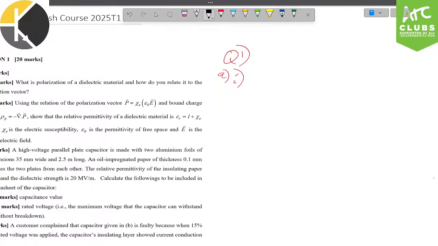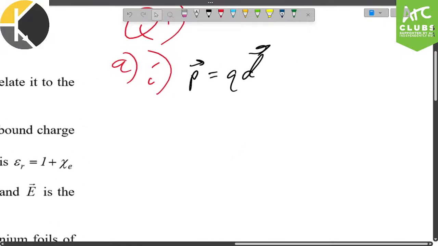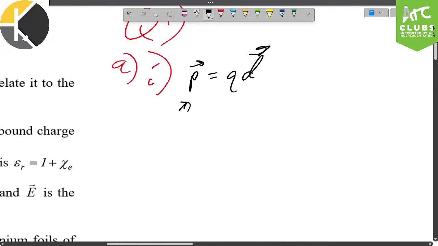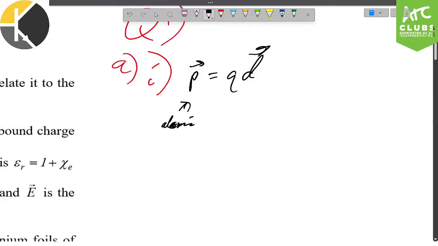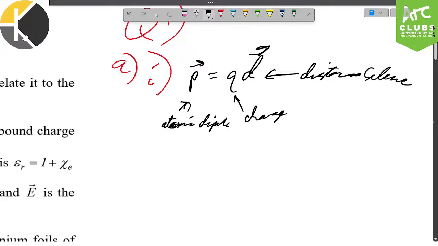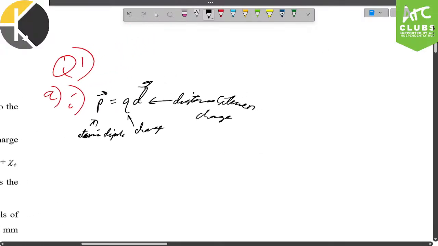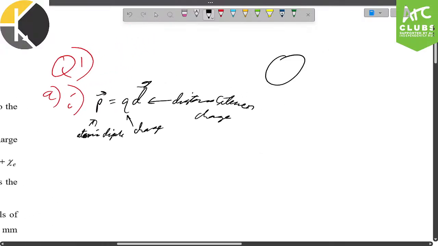So let's note that an electrical dipole is given by this little equation over here. This is referring to your, I believe, atomic dipole, your charge, and then the distance between charges. Now, what this really means is within some manner of dielectric material,